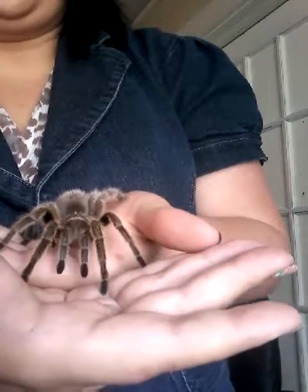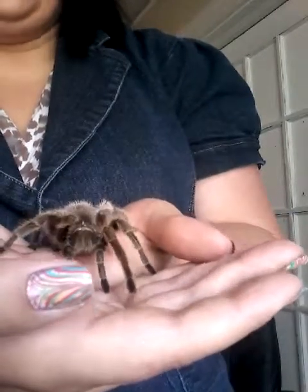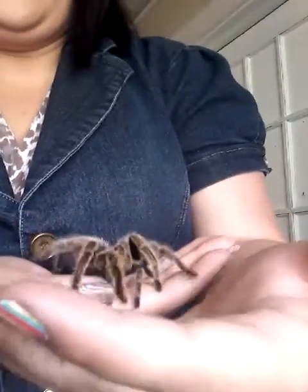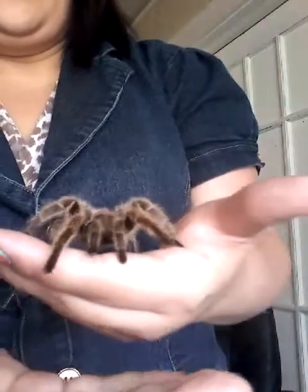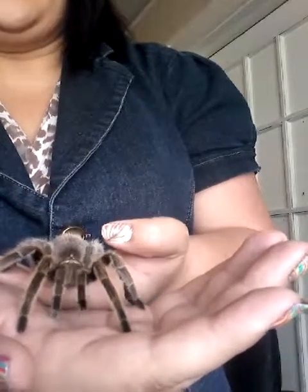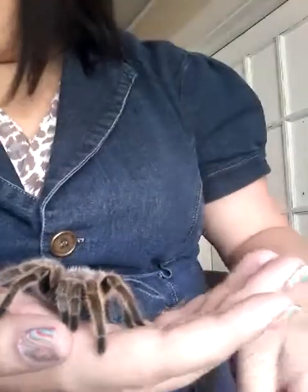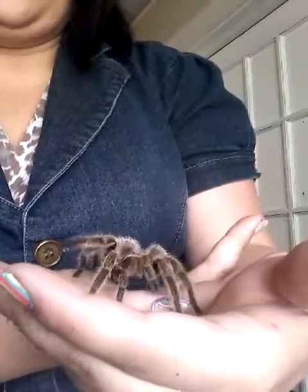There are 3 ways to pick a tarantula up. Two of the other ways I'm not fully comfortable with right now. Normally I just tap their legs, like that, and they'll move in the direction that you tap them in. You can also pick them up by the middle part of their bodies. If I can get her to be still, I'll show you. She's not going to. But between